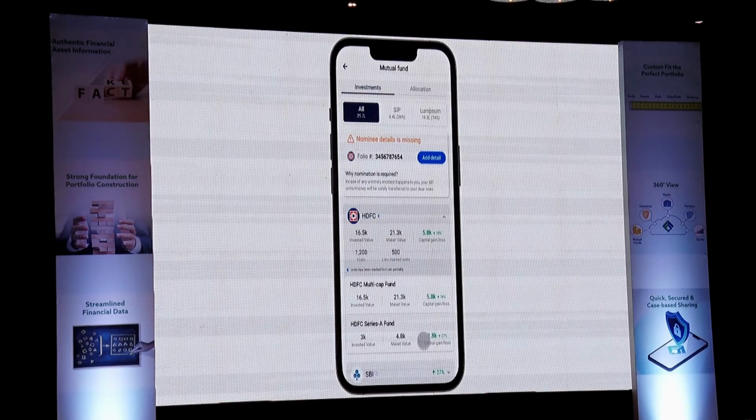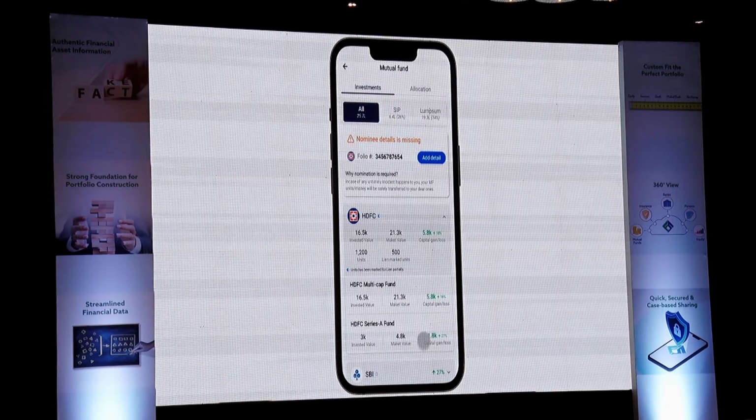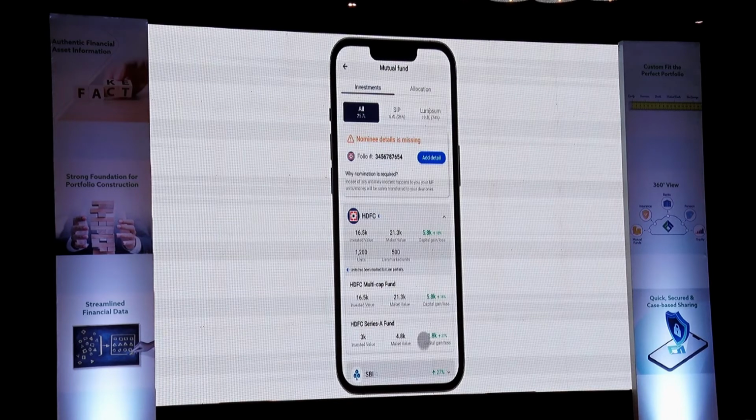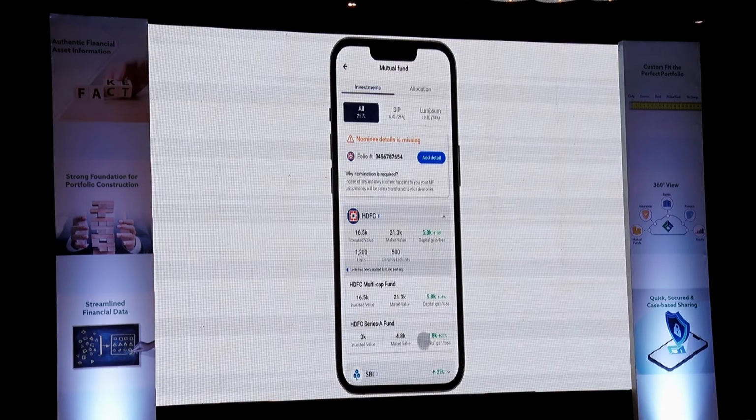So now, given that the investor has given consent for the folios of HDFC, in this screen they can see that if the investor had given two folios, and nominee information is critical, which we were talking about just before the evening around the regulation, and one of the folios does not have nomination, it can get flagged right there, and then it can be added right there.